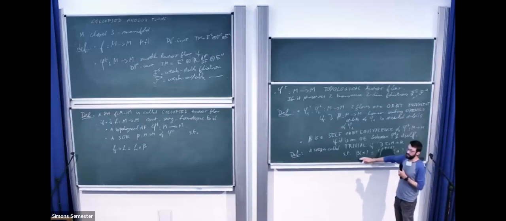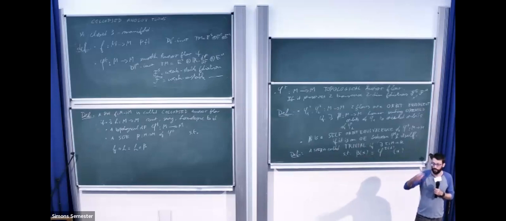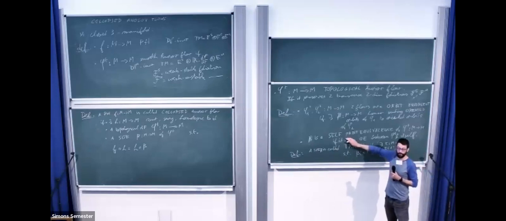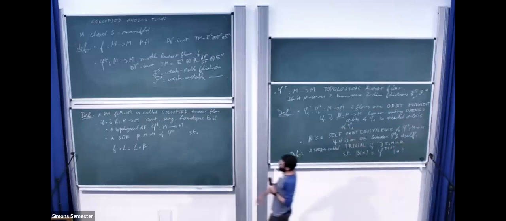But a priori, there should be some more. And we'll see that actually self-orbit equivalences of Anosov flows are very common. There's a lot of them. So there's a lot of symmetries for the foliation by orbits of an Anosov flow, which is what those ones are. Okay, so yes.